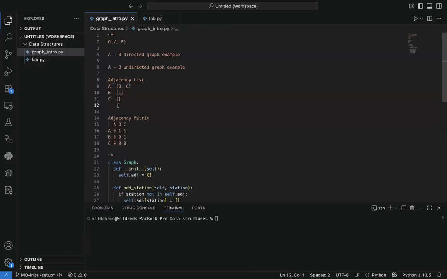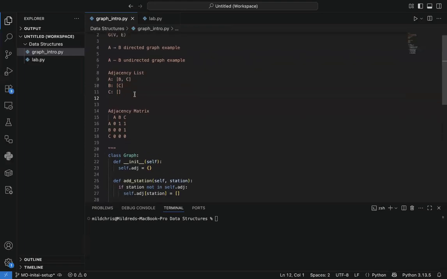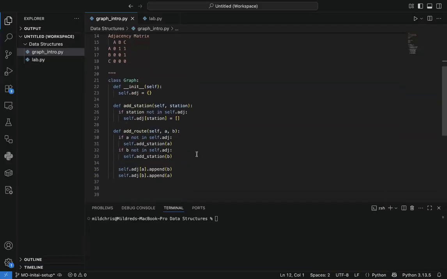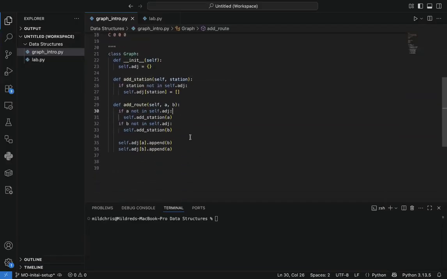So for instance, if you look at the pre-recorded video, you will see if it's undirected, you now have B and C adjacent, or they are vertices that are connected to A. So you can now say that from A you can get to B, from A you can get to C, like that. So now what we are trying to implement here is we want to add a route,